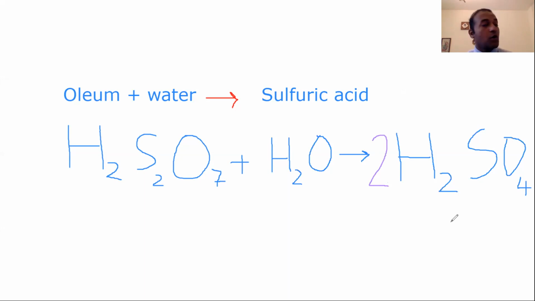Okay. Now we also have here 2 sulfur. We also have here 2 sulfur. We have 7 oxygen and 1, 8. Now we have 2 times 4, 8. So it's balanced? Yes, it is balanced. So guys, so class, students, you can see without memorizing, with just a piece of paper and a pencil, you can actually derive all these